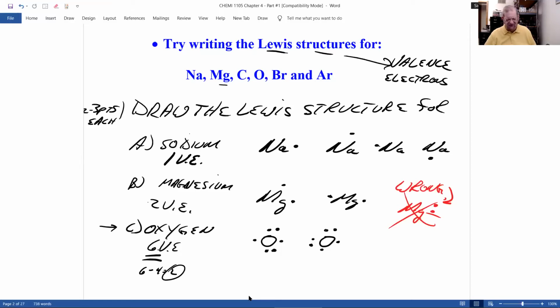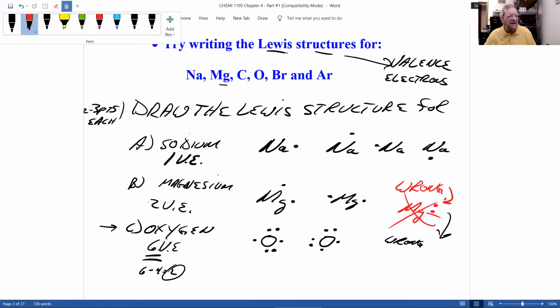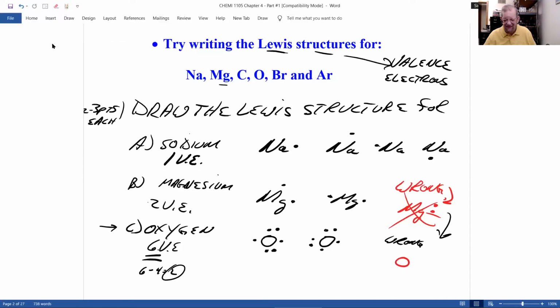I've seen students do something, and again, this is wrong. I better go to red. They've done something strange like that, and I've seen someone put 4 dots on one side. No, it's wrong. You only have max 2 dots on a side, and you put 1 on each side before doubling up. And let's do one more,